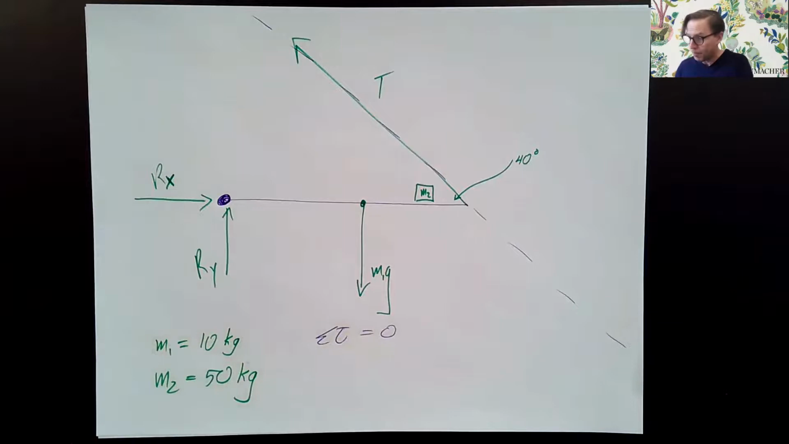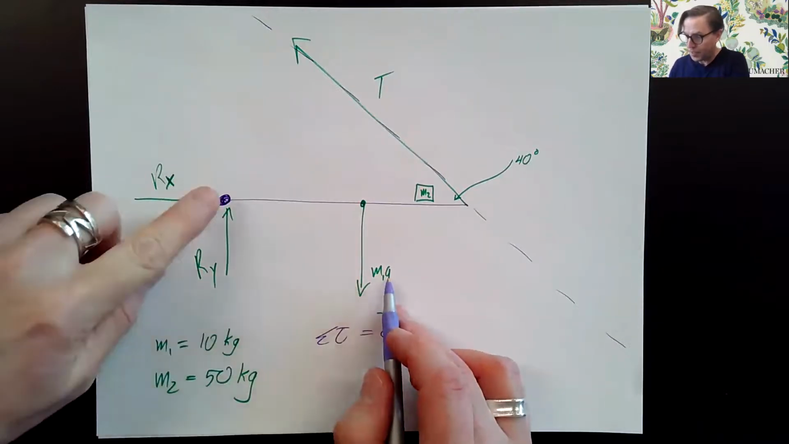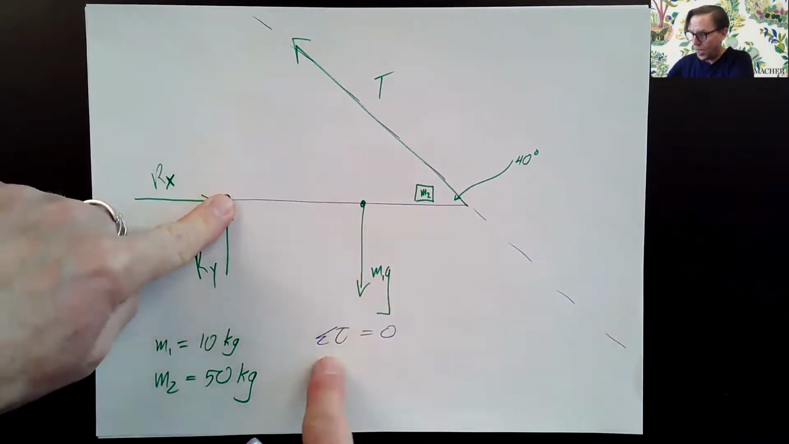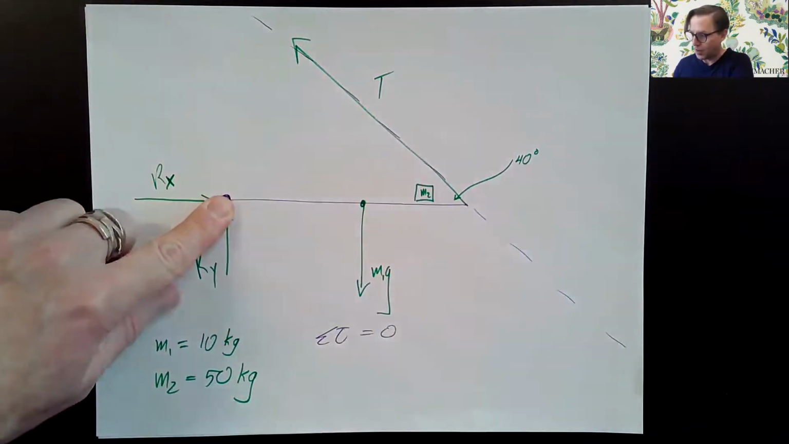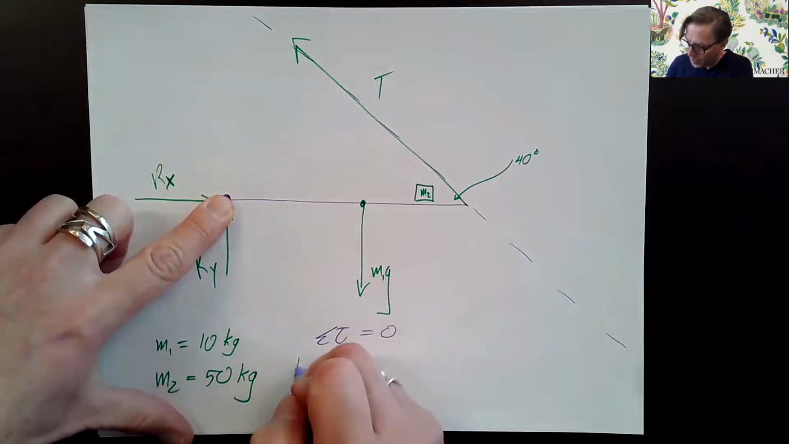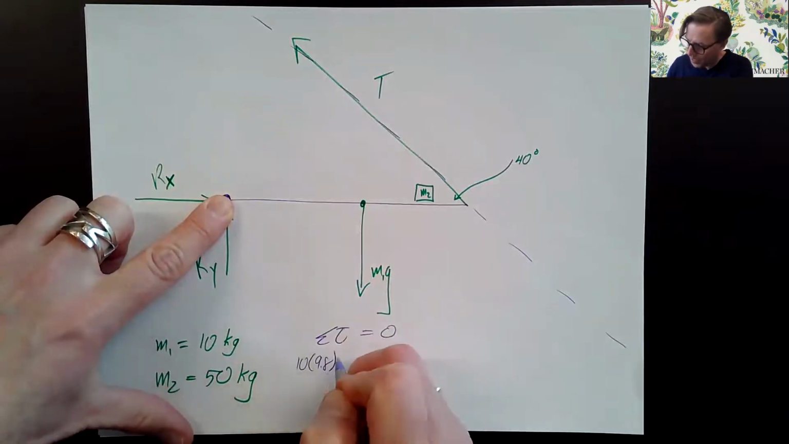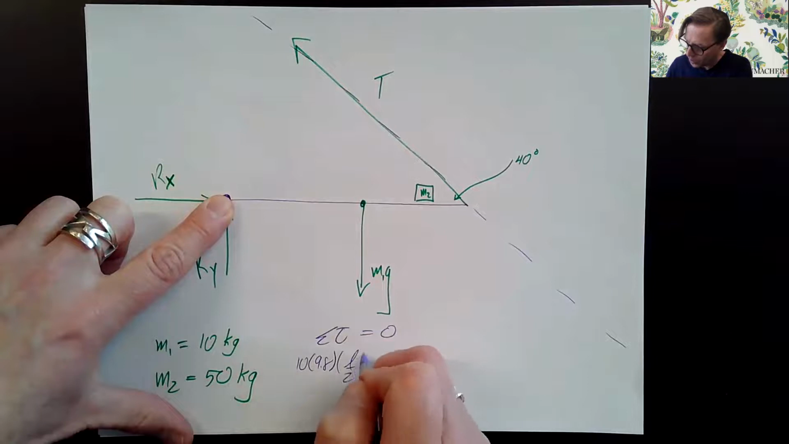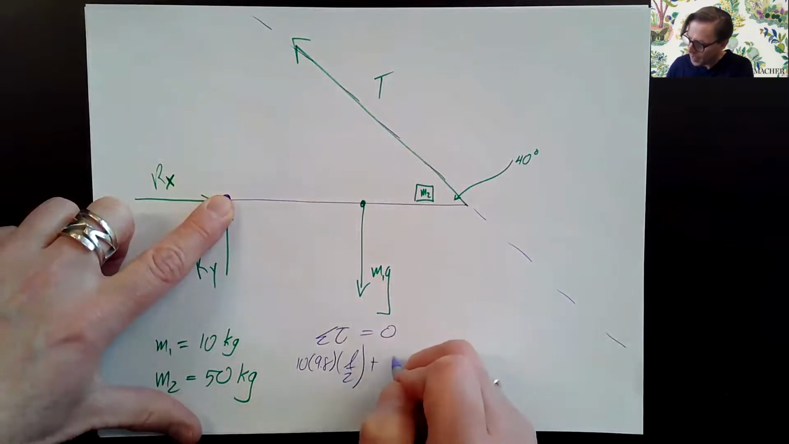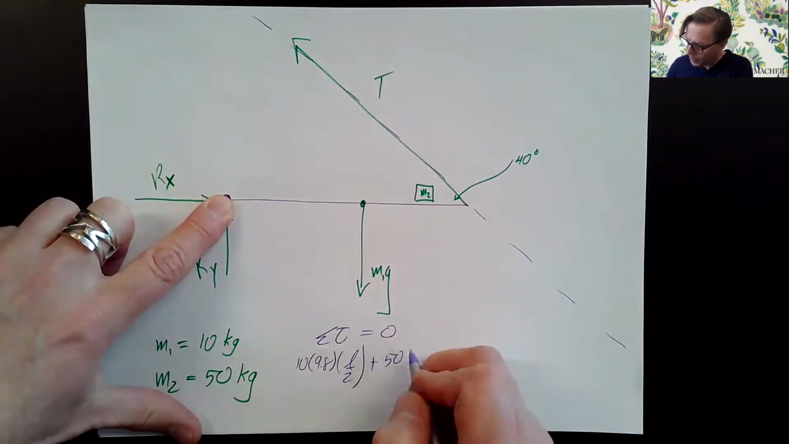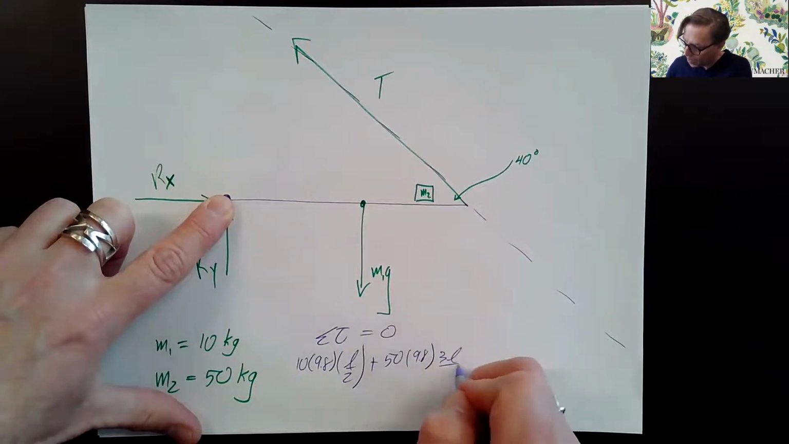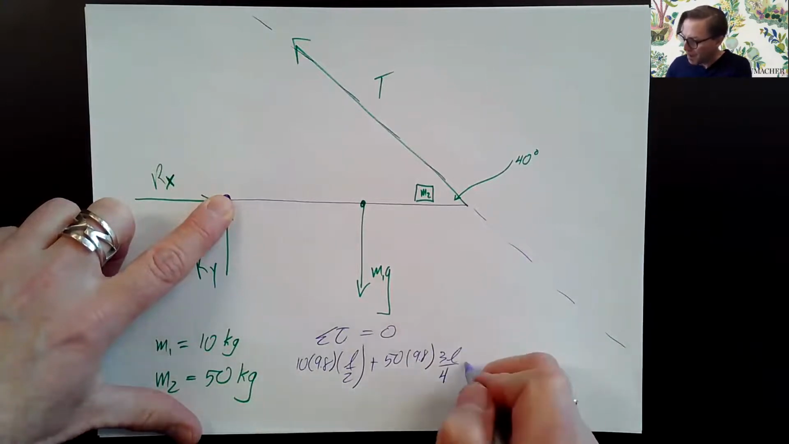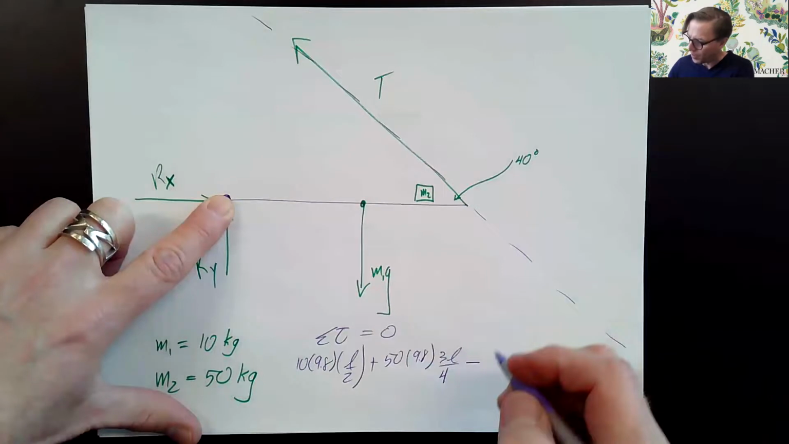For the torques, I've got the M1G, if this is my pivot point, M1G and M2G making it spin clockwise, this making it spin counterclockwise. So M1, 10, G, 9.8 times distance, L over 2, plus M2G, 50 times 9.8, there's M2G, times the distance, 3L over 4, minus, now for this torque,